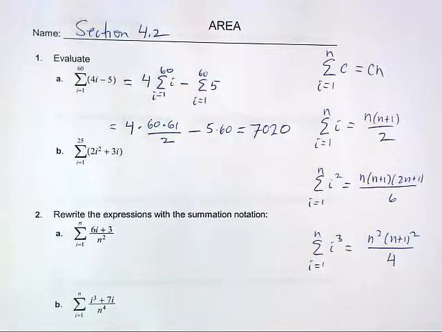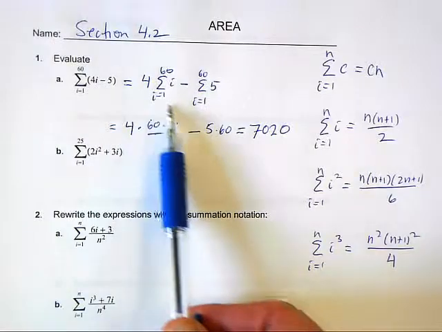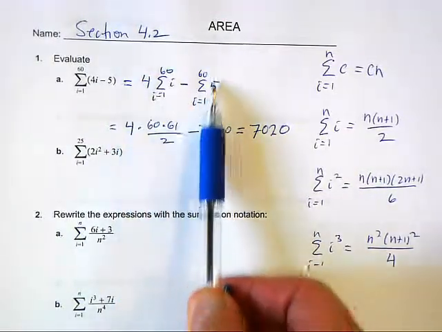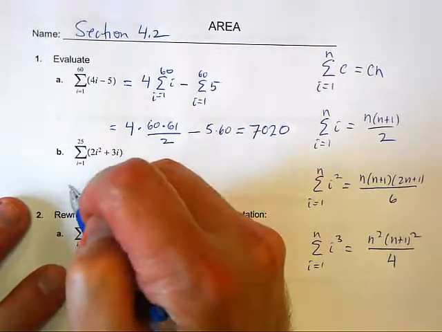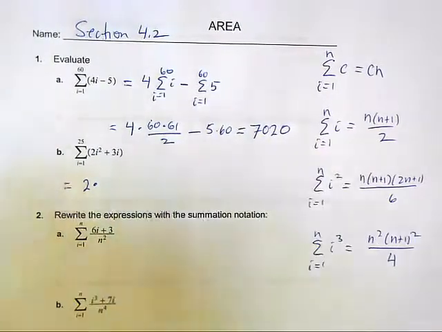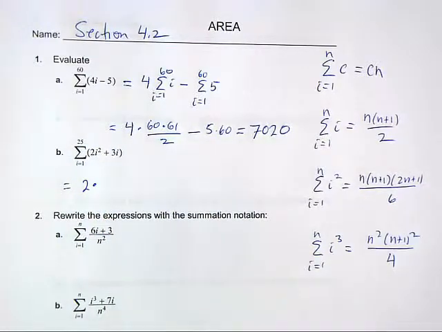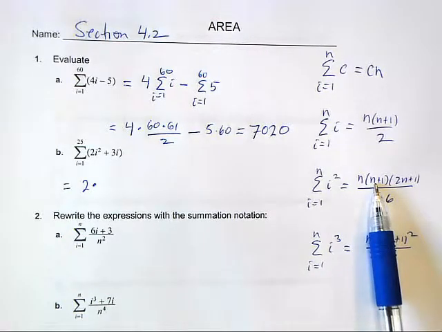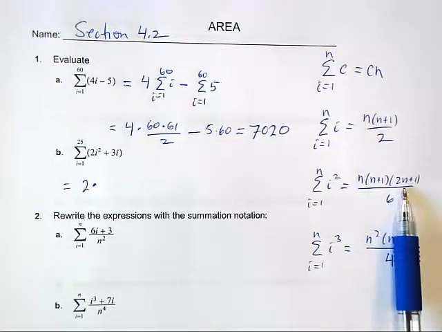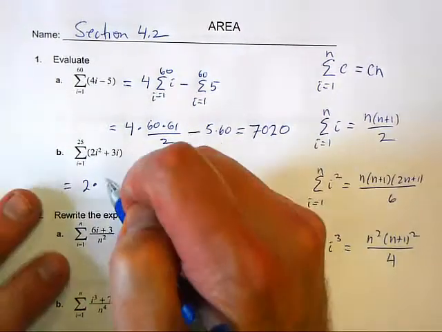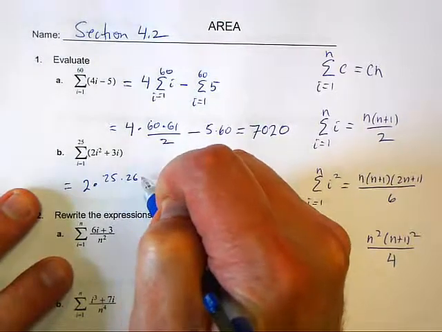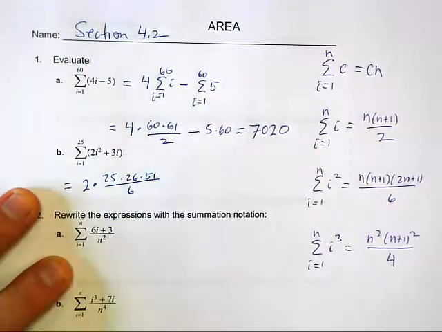All right, part B. Now here's what I would expect you to do. I would not really expect you to split the sum up like I did on this problem. You can if you want to. All I would really expect you to do is say, this is 2 times the sum from i equals 1 to 25 of i squared. So it's going to be 25 times 26 times 51, all divided by 6,